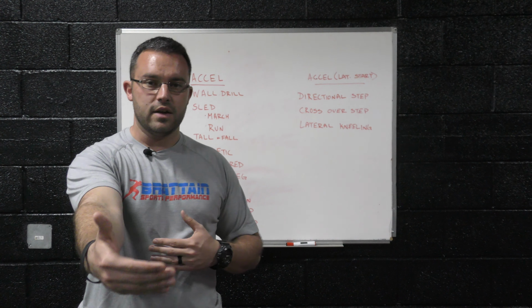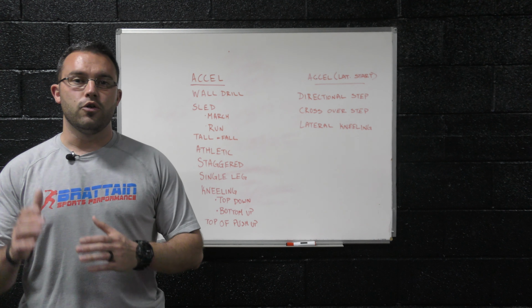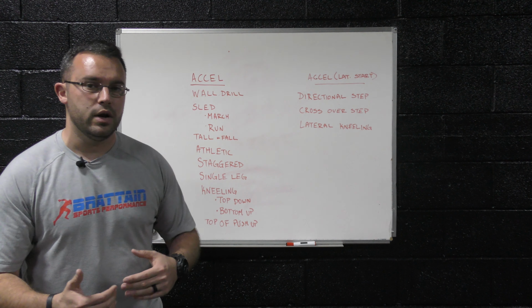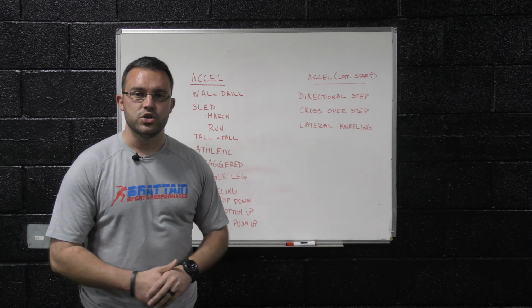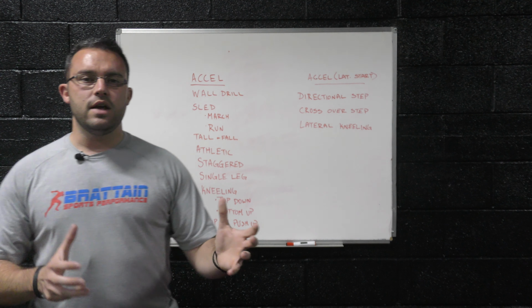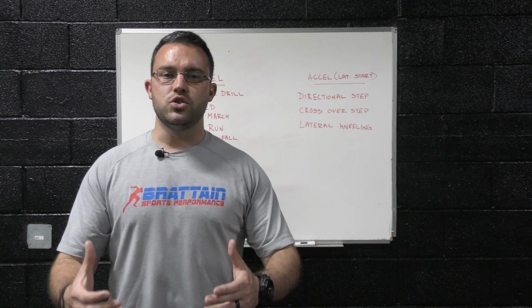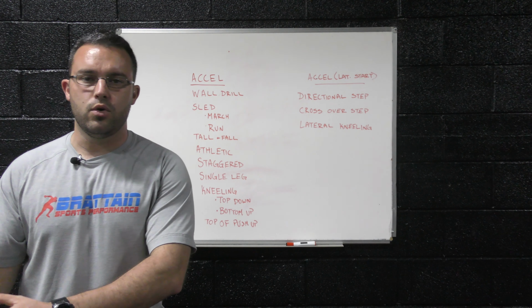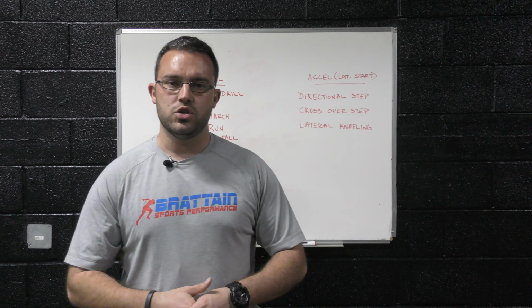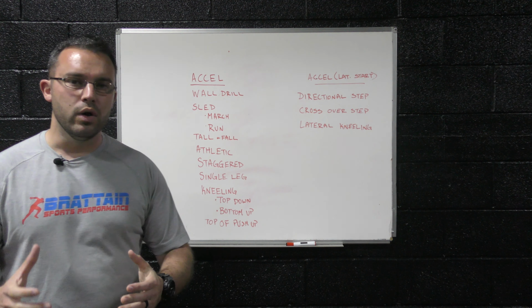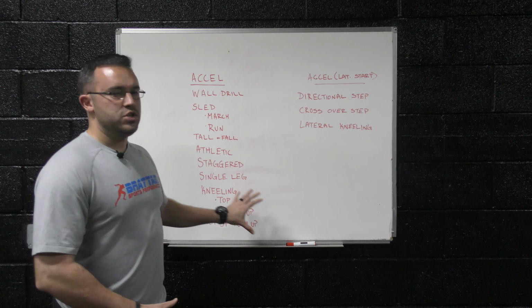But as we get to that defensive side of the court, well, now we're going to go from the sprint back into a crossover run and ultimately back into a shuffle. And so trying to create those scenarios and help those athletes to visualize how we're going to use it, why we're going to use it, and how it puts us in the position that we need to be in. So I hope that this image here